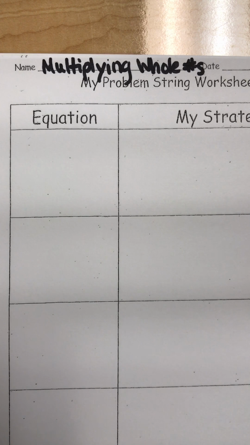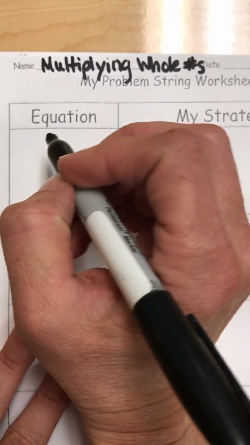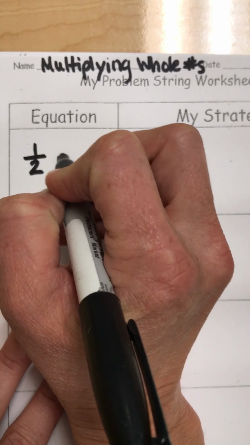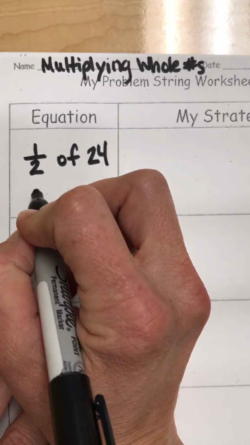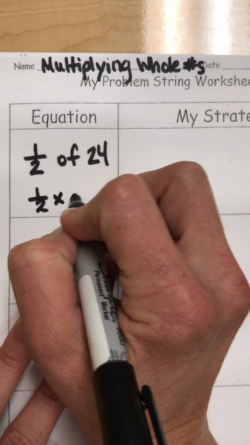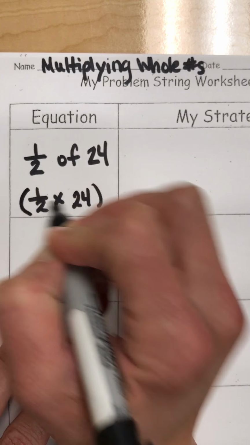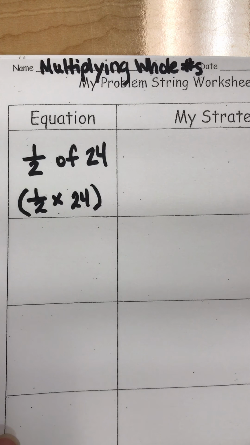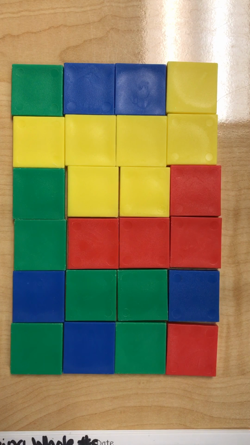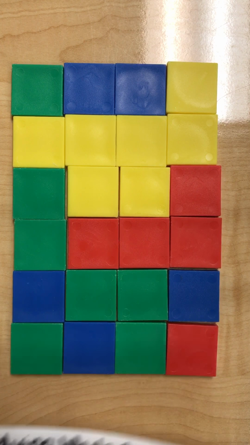The first equation today is going to be 1/2 of 24. Okay, and that's the same thing as writing 1/2 times 24. So our problem string is a little bit different today because I'm going to be using tiles, so I'm going to take out the paper back and forth and show you what I'm doing with the tiles as we go. So 1/2 of 24, so I'm going to start with my 24 tiles,